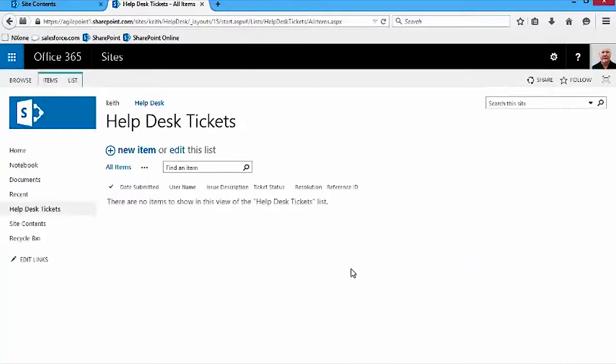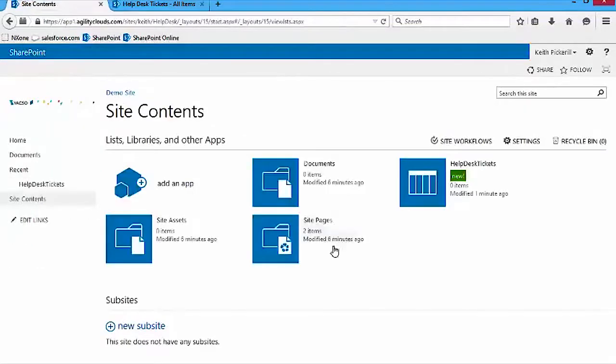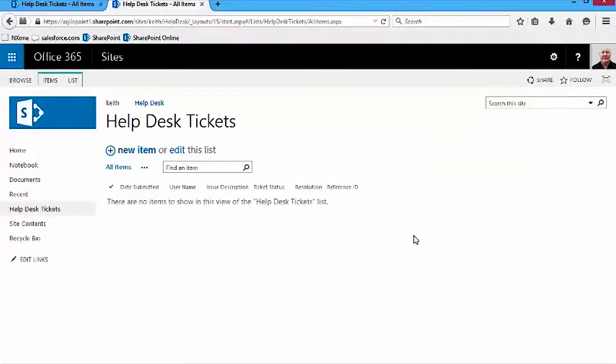Now you see the new Help Desk tickets list with date submitted, username, issue description, ticket status, resolution, and reference ID. I will also complete the configuration for the Help Desk tickets list running in our private SharePoint cloud. We have two different lists, one running in Office 365, one running in a standard version of SharePoint running in a private cloud. The reason that I'm creating both lists is to show you how to configure the access tokens